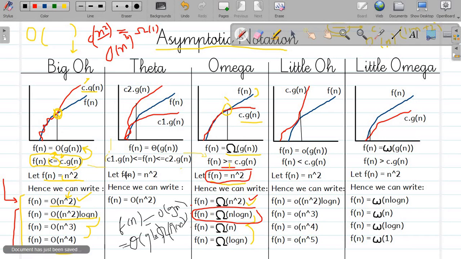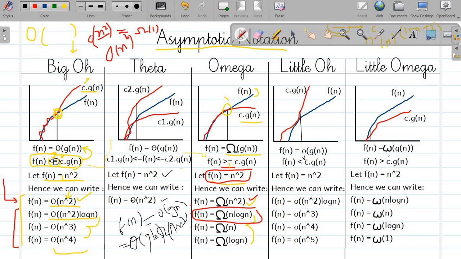See, this is the reason that for f(n) equals n square, we can only have f(n) equals theta of n square. Now coming to little o. Now little o and little omega are just like big O and omega, but with a little difference. Over here we had an equal to sign, but over here we do not have the equal to sign,